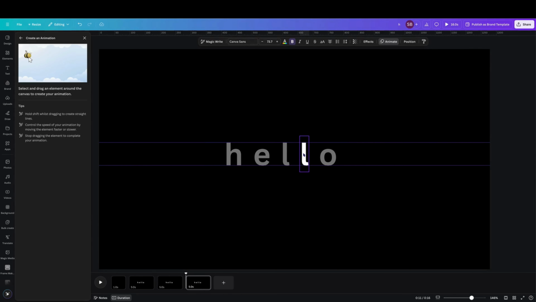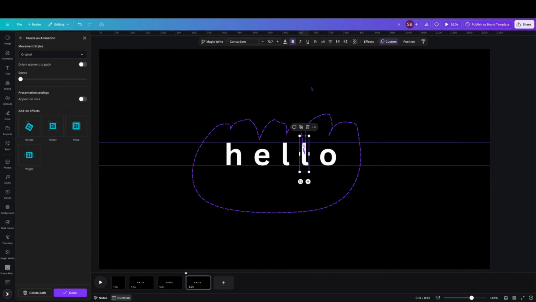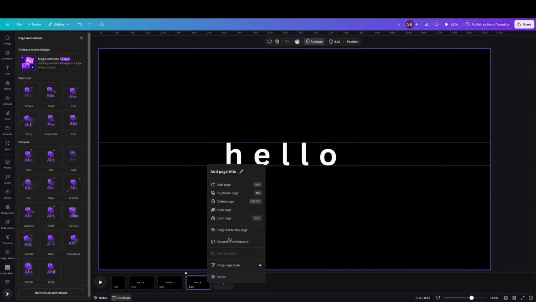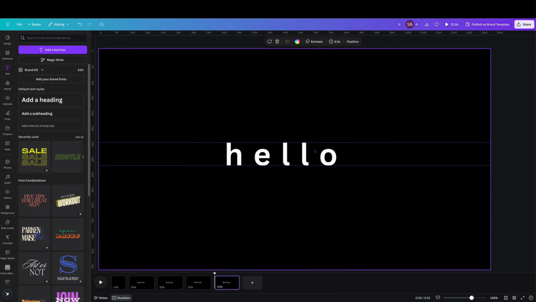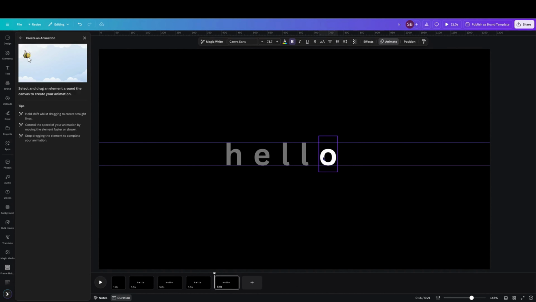Then you start on the L and you go to animate and just drag it around like so. I'm a little bit rough this time. But anyway, you get the idea and then you duplicate the page again. Okay, remove the animation from that one. Go to the O and